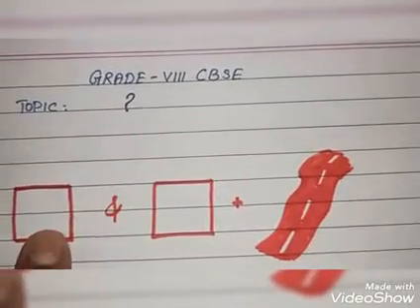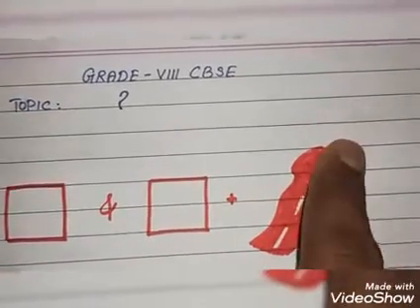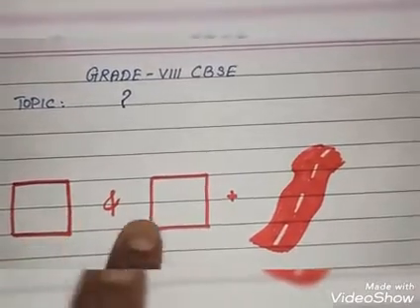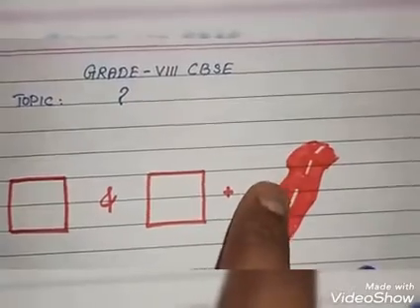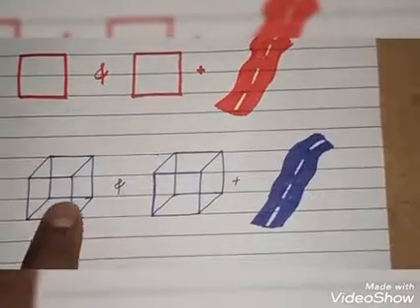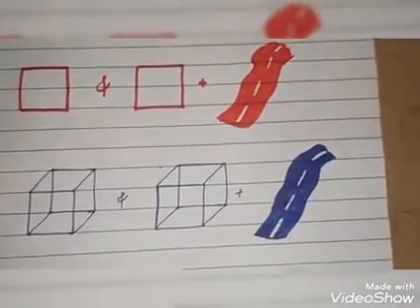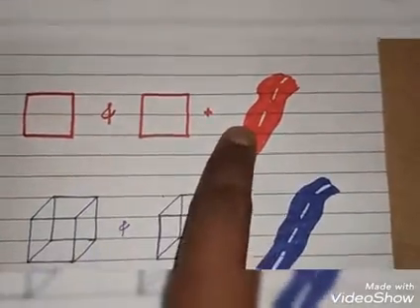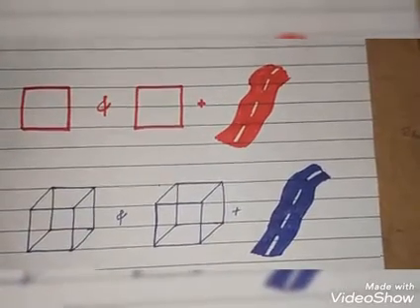You have to find out what this diagram is and what this diagram plus this one is. First you see this, you guess it, and afterwards I will inform you. Now we need to learn this and this. Does anybody have an idea what the topic is? Previously you already learned this one, now you need to move on to this one. So what is the topic we have to see today?